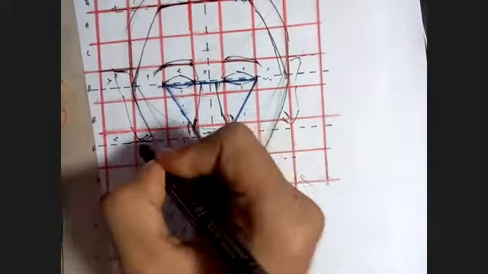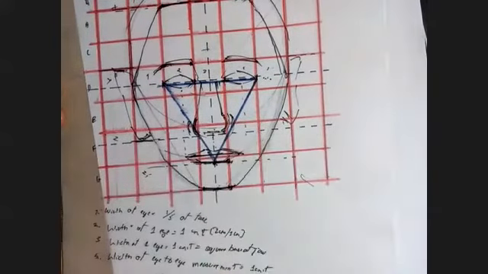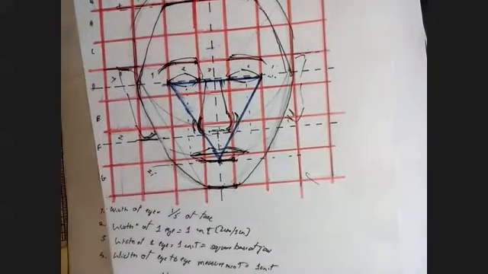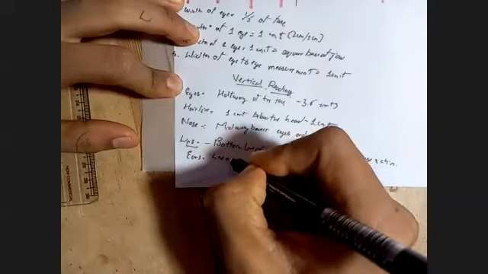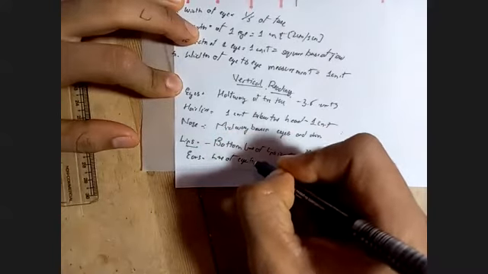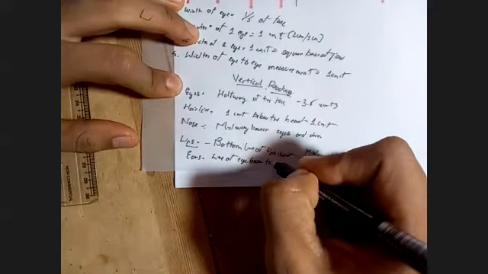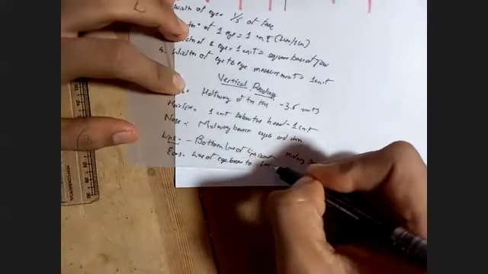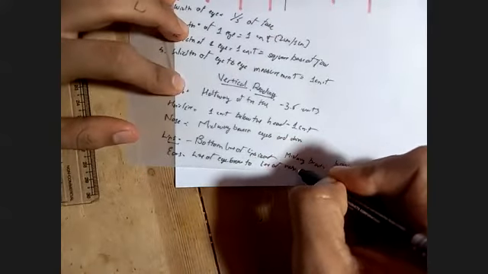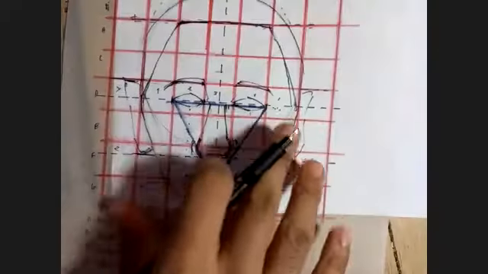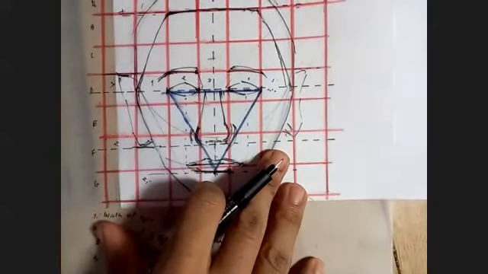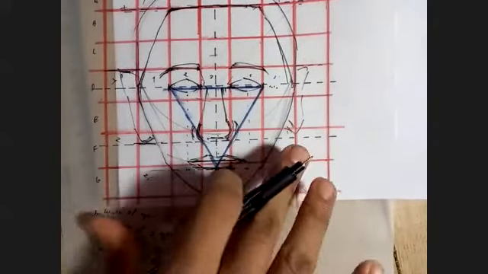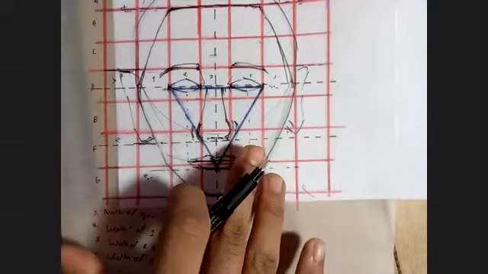For some people it doesn't; for some people this is stuck inwards. So that's the thing. Let's go: ears, from the line of the eyebrows to the line of the nose. Done. So I want you to go back to the portrait that you all had drawn and analyze it based on this. If there are any areas, you can correct them.